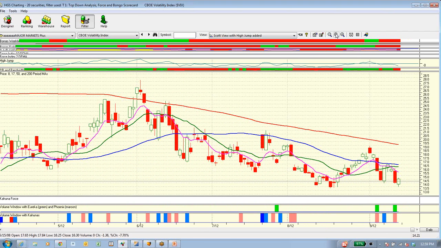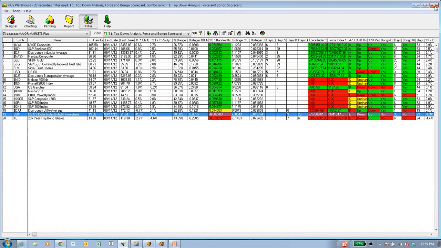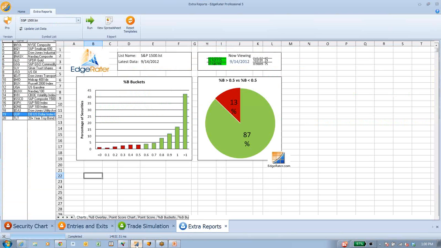You know, certainly no, quote, buy sign on the VIX. Everything is negative on the momentum. But you did have an up day on Friday, and it may turn out to be just a blip. But considering the QE3 and the exuberance in the market, seeing this volatility come back, I think we're ready for a correction. I'll show you another clue, bringing in something from EdgeRater.